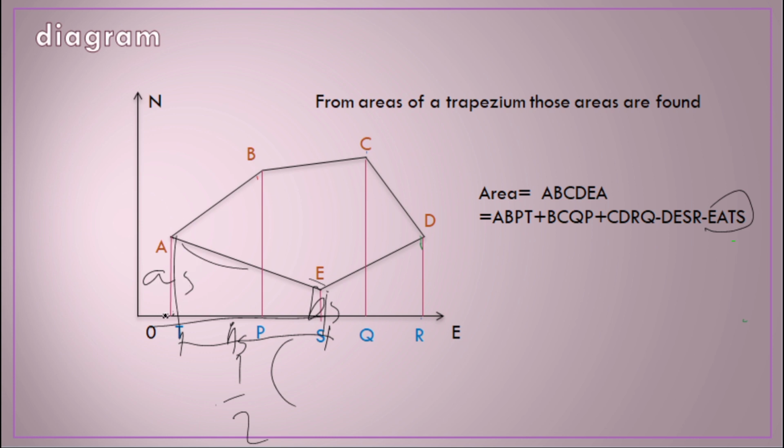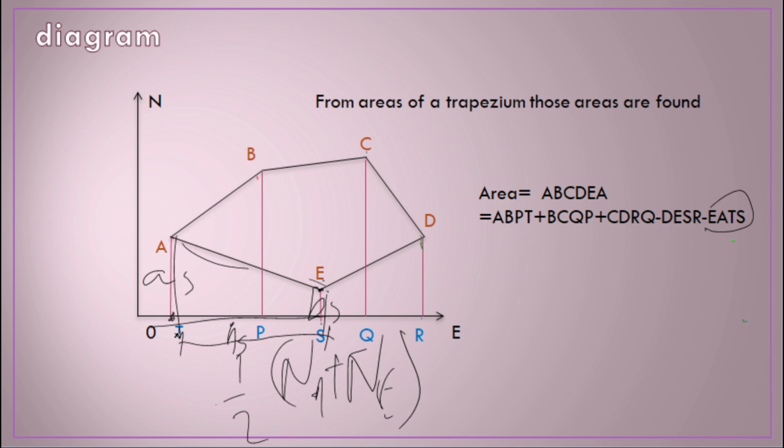So here A is the distance from here, this is the origin 0, to where our A is found there. So this is the northing of A plus the northing of point E, so the northing of E, multiplied by